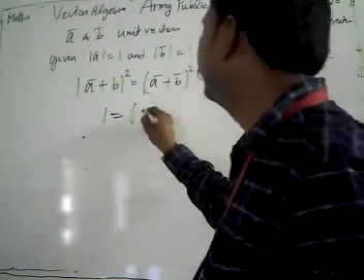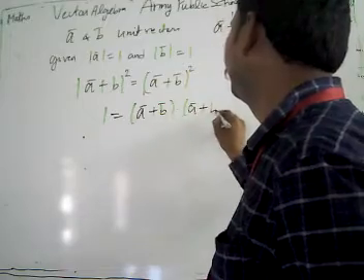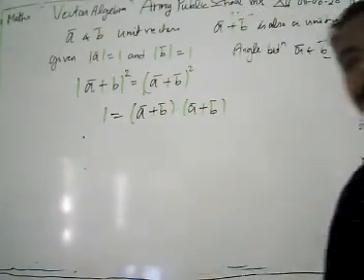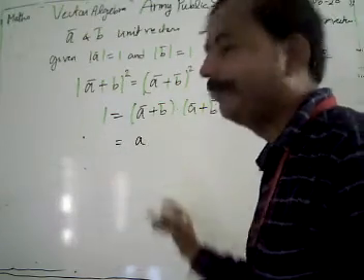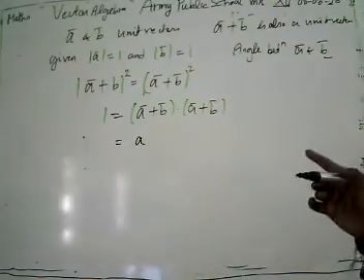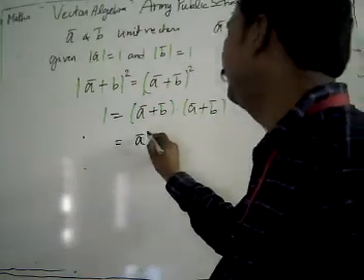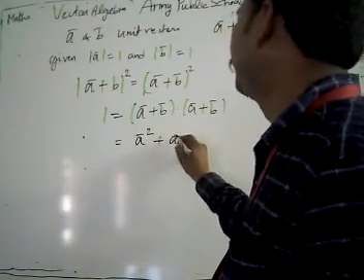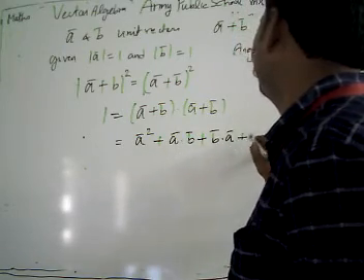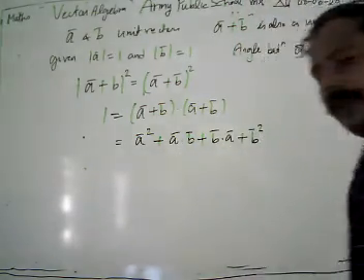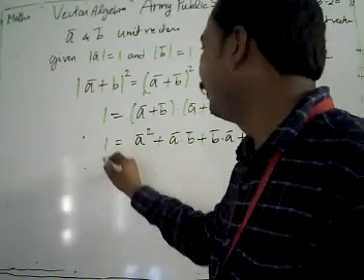It can be written as (a + b) dot (a + b). Now (a + b) dot (a + b), then what is the product of this? When we have (a + b) dot (a + b), what is it given by? Yes, it's vector a square plus vector a dot b plus vector b dot a plus b square. When we take the dot product there, we get 1.